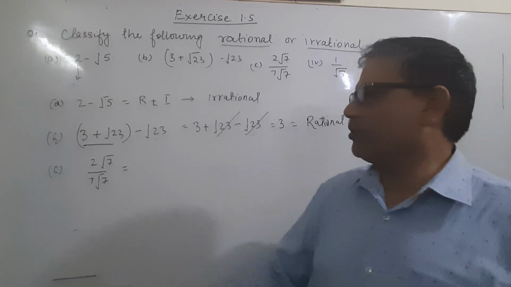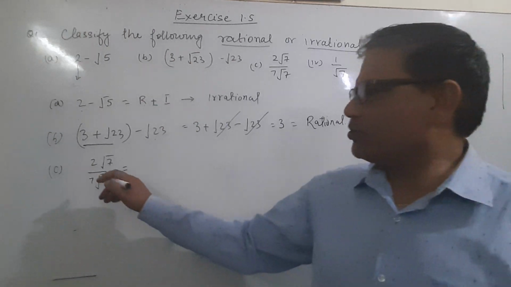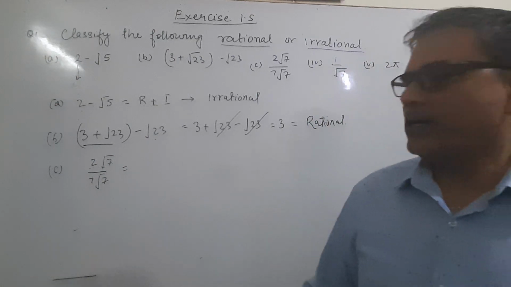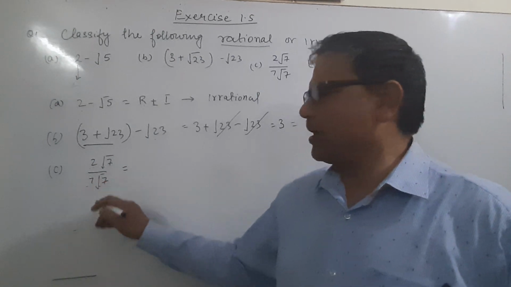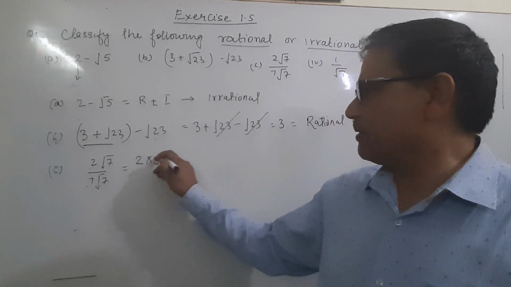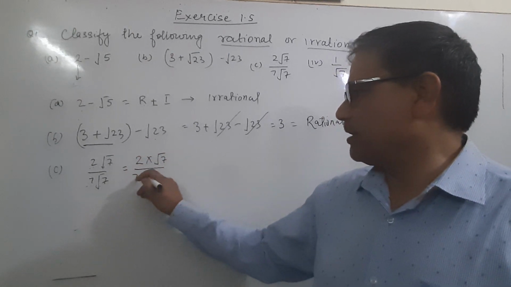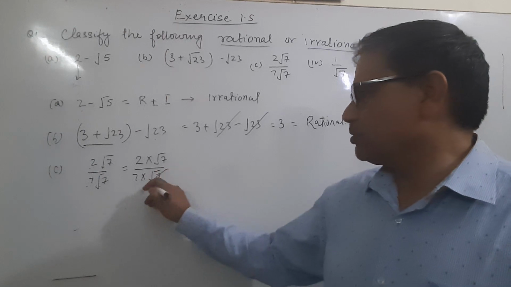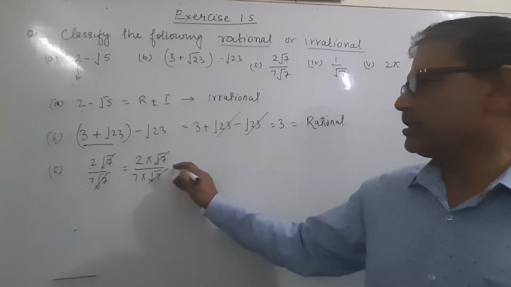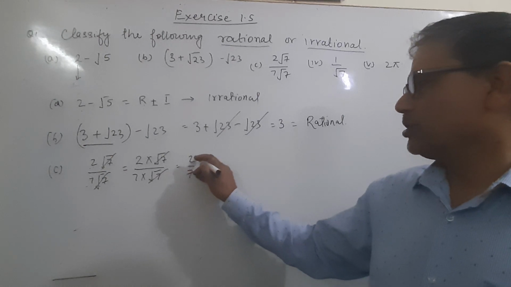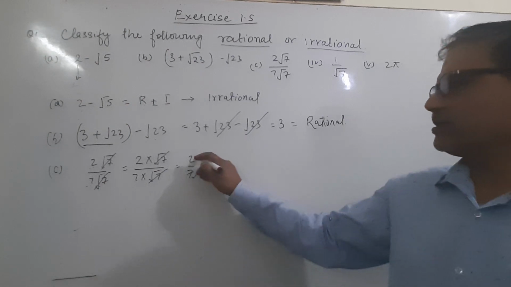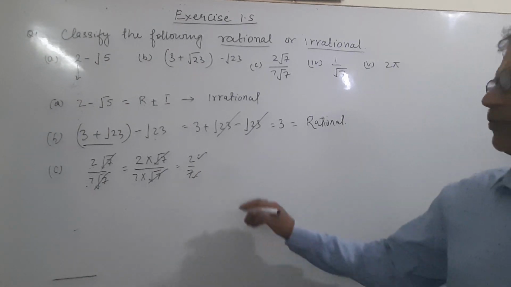Here is 2 root 7, where 2 is multiplied to root 7, and here is 7 root 7, 7 multiplied to root 7. We can write 2 into root 7 and 7 into root 7, and the root 7 will cancel. What is your answer? 2 upon 7,